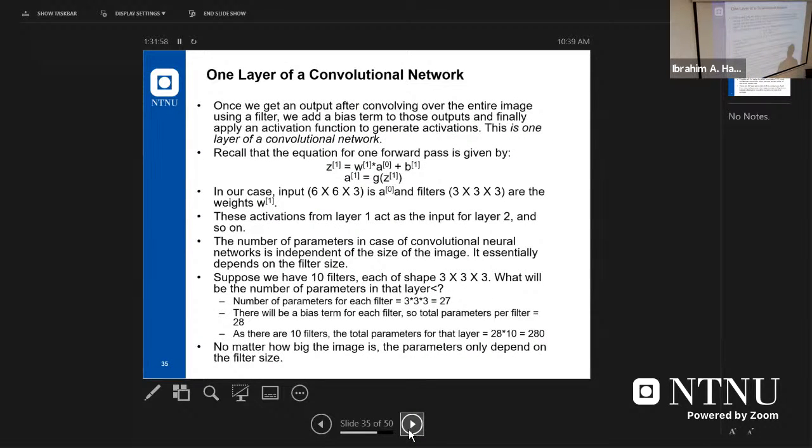One layer of a convolutional network. I don't need to describe this, because we describe this again. I mean each one, it's just